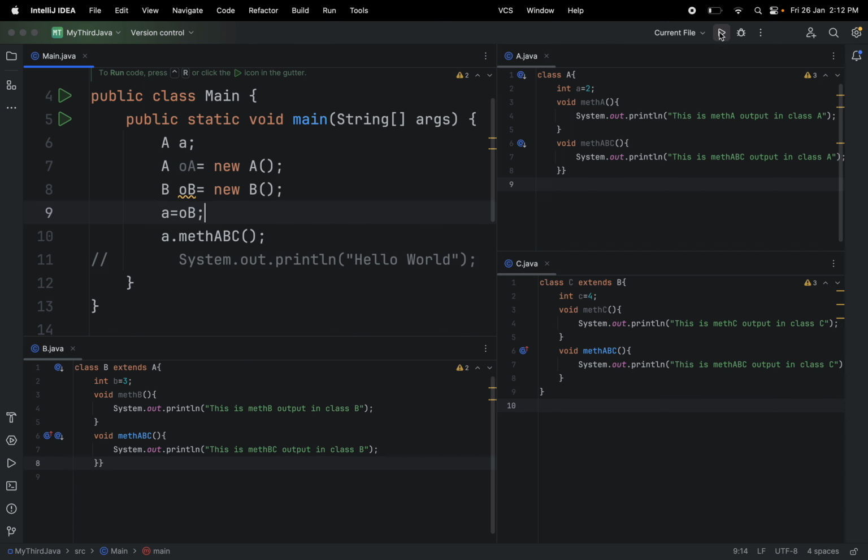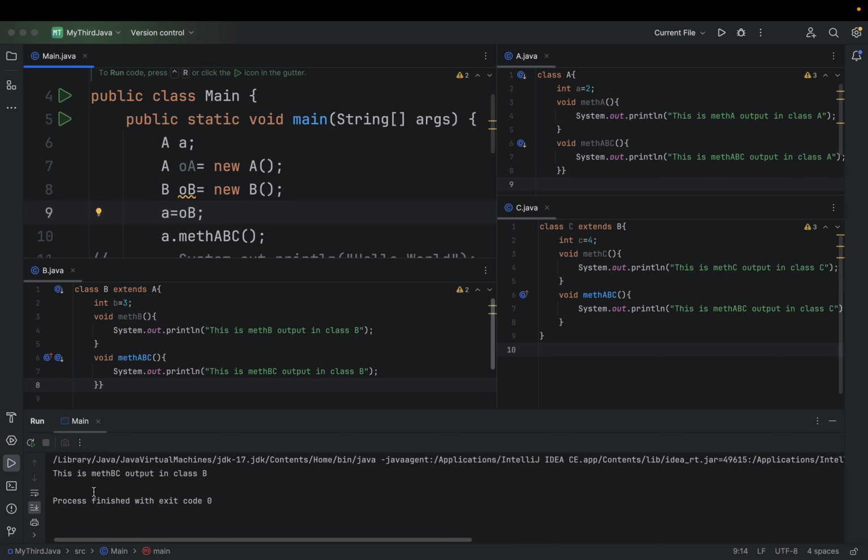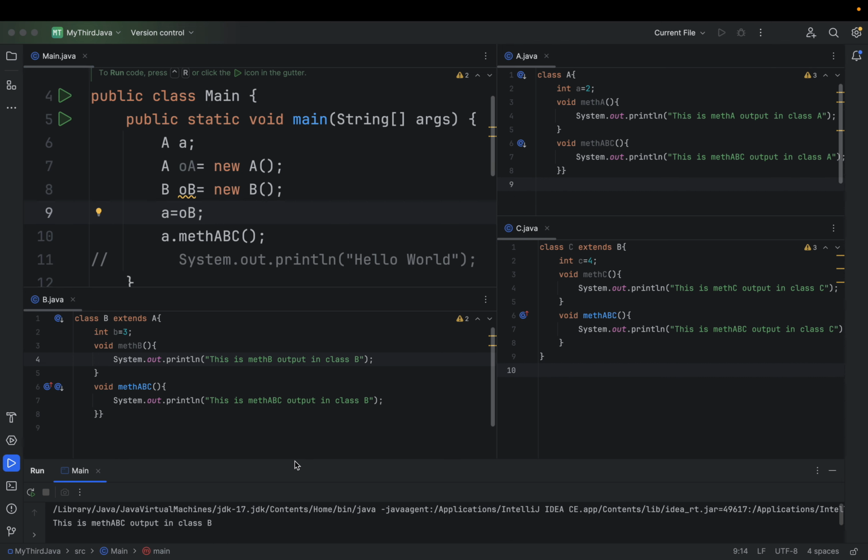So let us run this and see it. This is meth ABC output in class B. We know anyways that when you have a subclass and a superclass, and when you invoke the subclass method, it will definitely be overriding the superclass method. That idea is anyway there, but here we try to show that